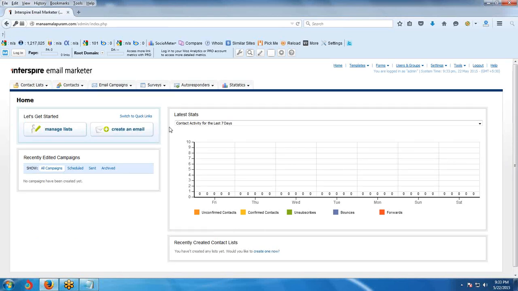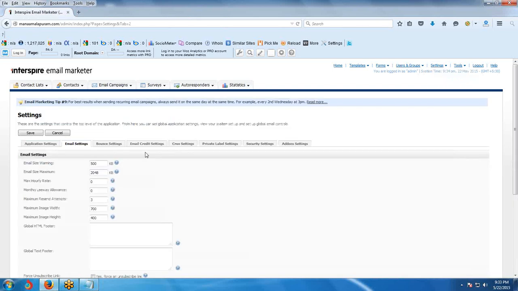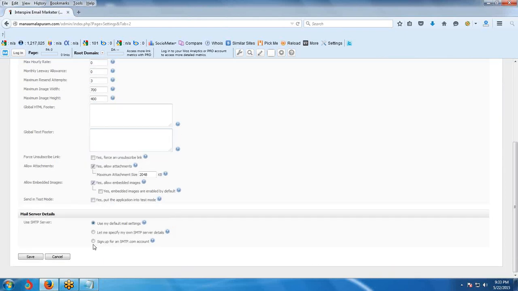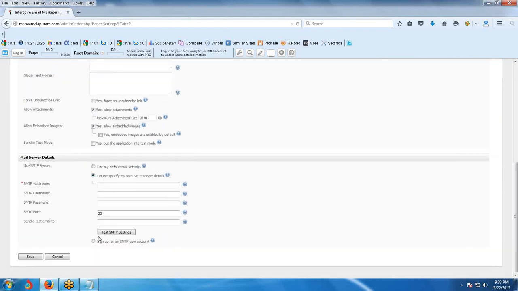Where can we add that? Just go to settings, email settings. Just scroll down. Let me specify my SMTP. Here the SMTP host name is always mail dot domain name.